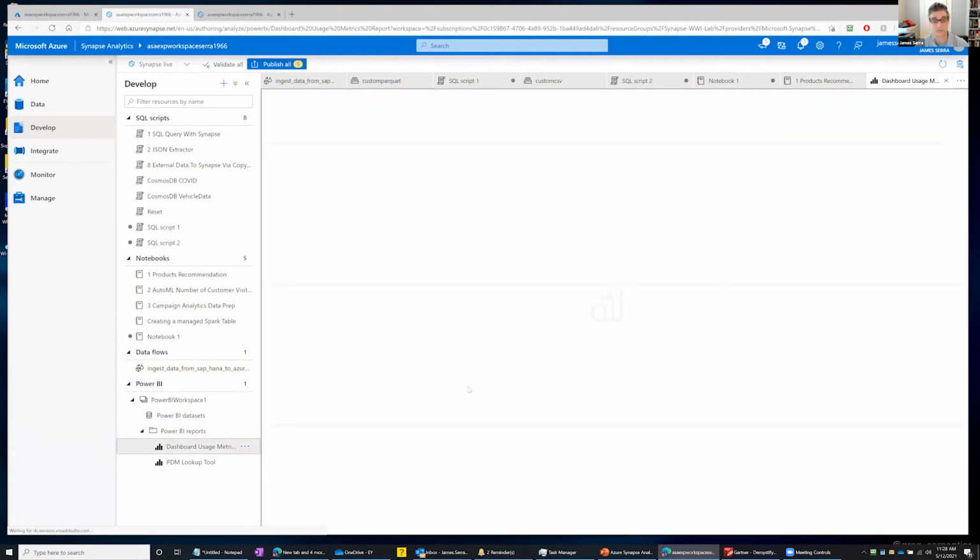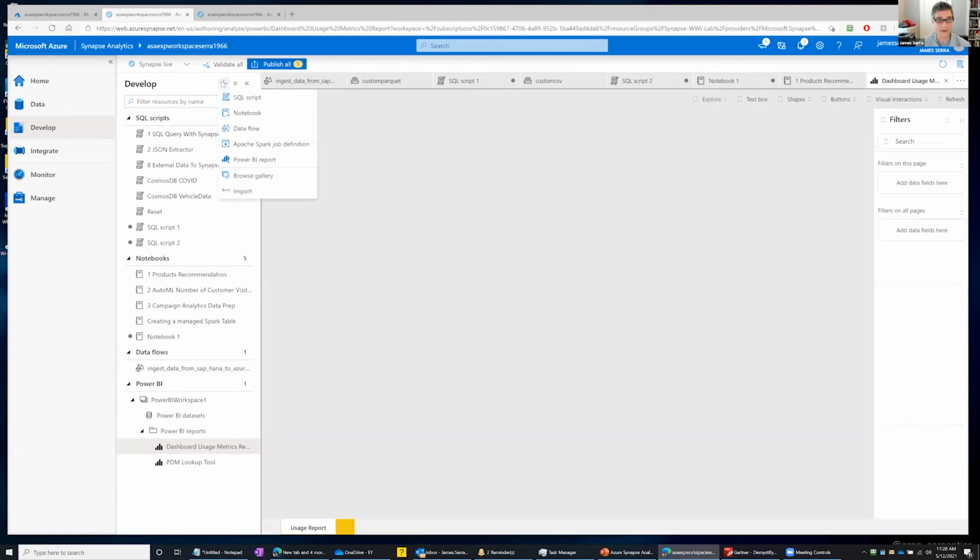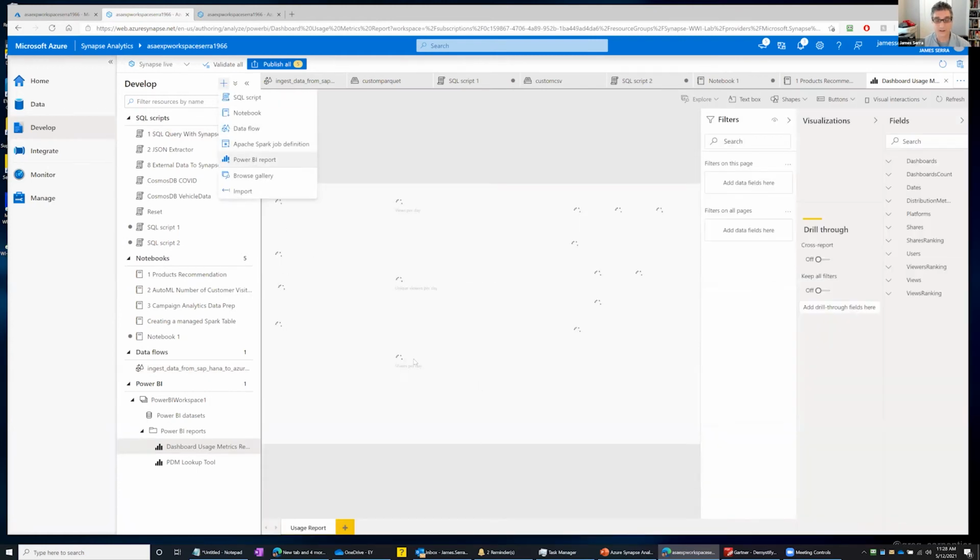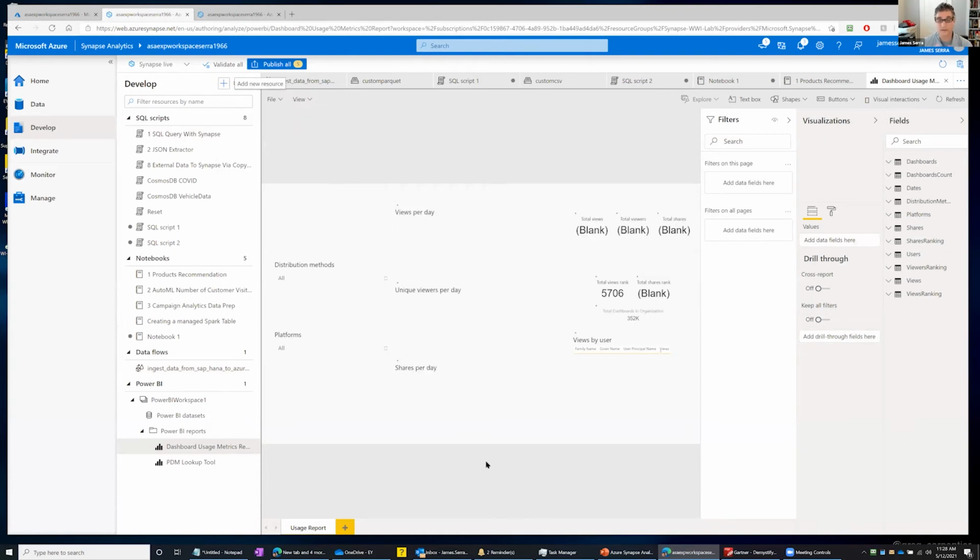So I can go in here and create reports, and I can create data sets through here, and I can update or create a new report through this interface, or I can go right in the Power BI desktop and create the Power BI report. So this is a one-stop shop. As a developer, I can go in here and say, not only do I want to ingest my data and then clean it, but now I want to run a report to see if the data that I've ingested and cleaned looks accurate. And I can do this through this workspace. Notice I've never had to jump out onto a different tab or create a different workspace like you used to do. It's all underneath this one umbrella.